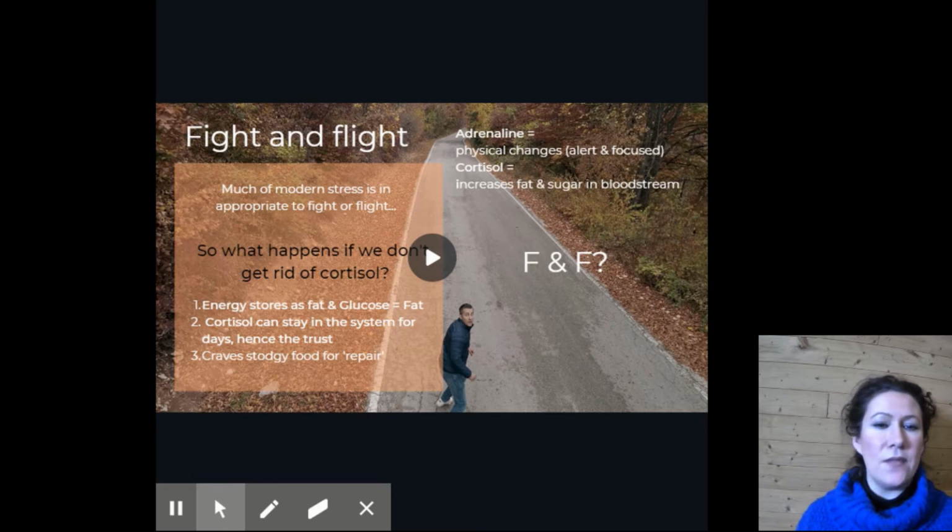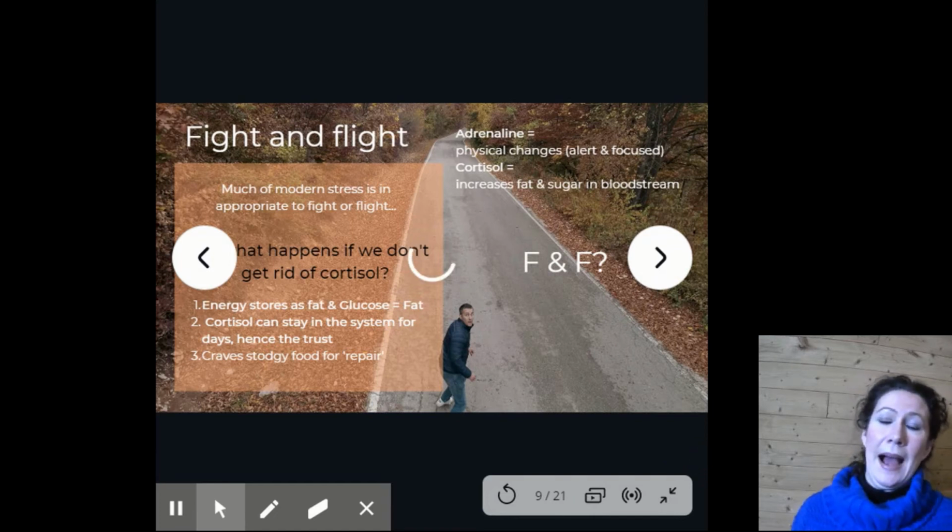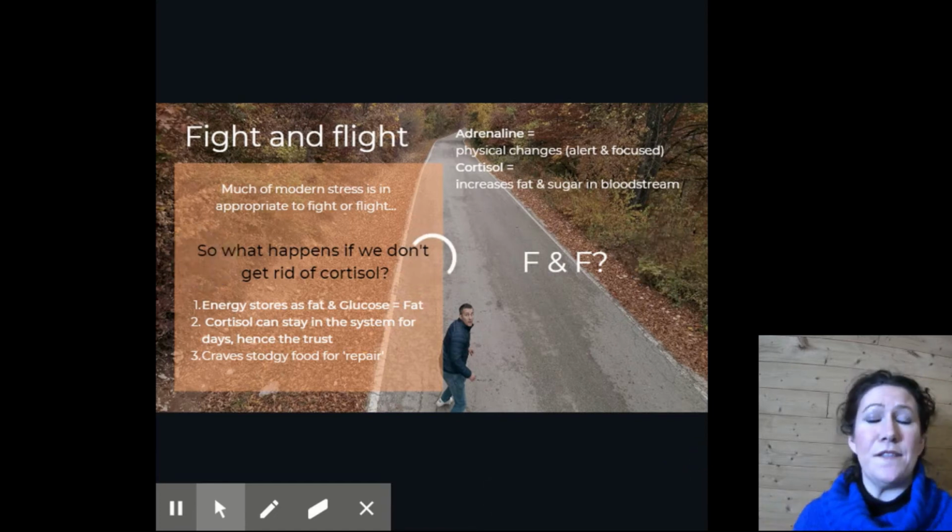Okay, what is even stress? So we talked about cortisol. What is it? Cortisol is when your body is in fight and flight. So it's used to help save your life. So of course, getting away from something, running away from something, or hiding, trying to fight your way out of